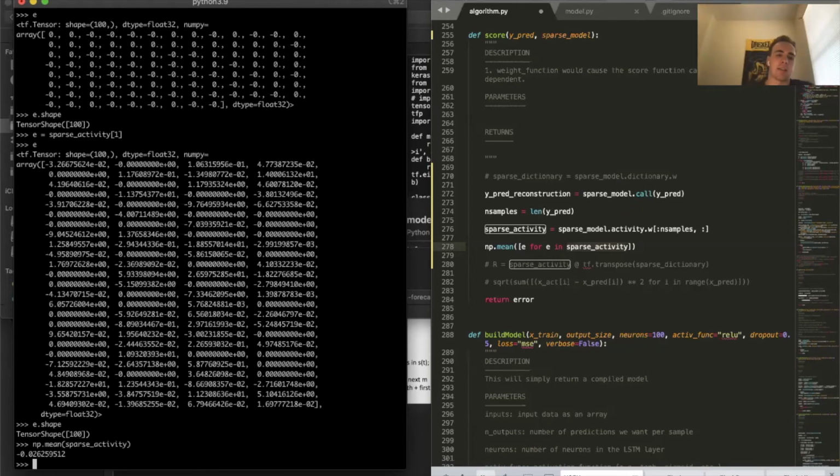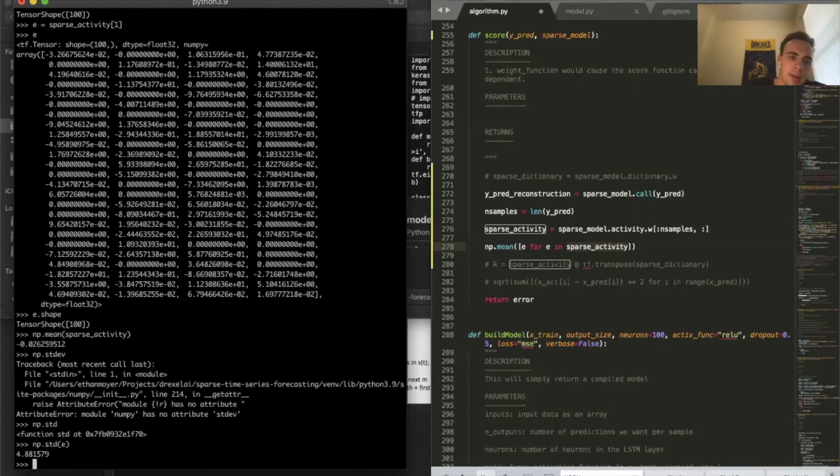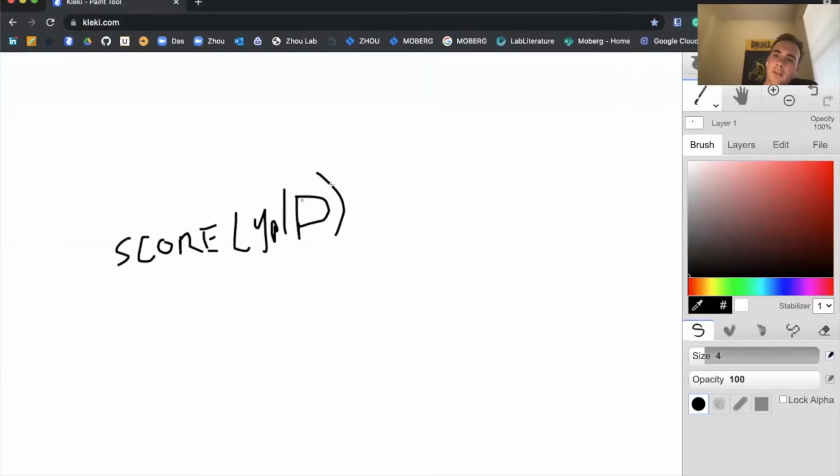Maybe the standard deviation needs to be high, right? Maybe it's that the higher the standard deviation, the better it's able to reconstruct it. What I mean by that is, if we're looking at just one sample here,